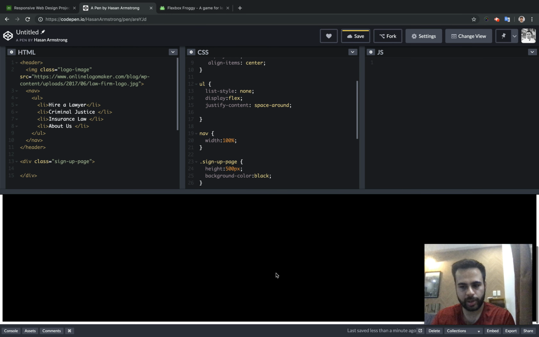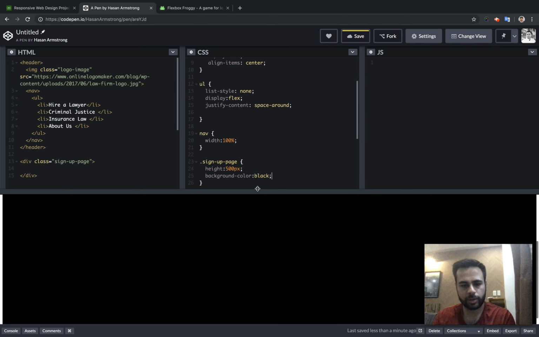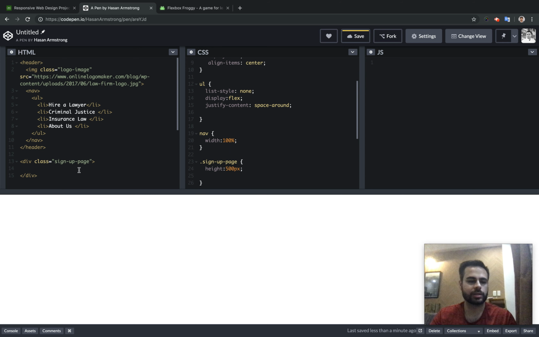So there we have the first page. It has a height of 500 pixels. So now we want to insert the form into this. So we can do